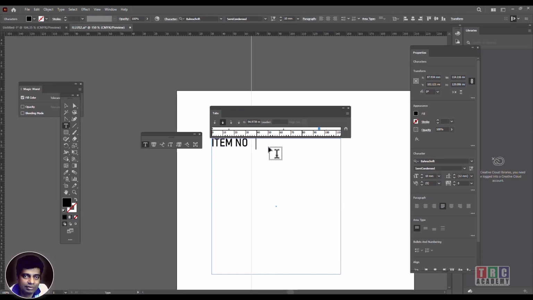Now I'll finish this space. This is going to be the heading: item number, description, BES, then space, amount. Okay, now this is my idea. We are going to create a bill. Now this is the description like this. Now I'm going to enter this,